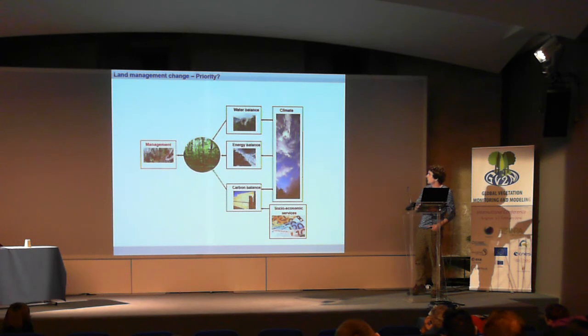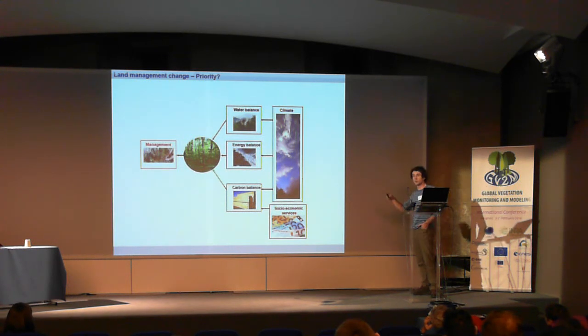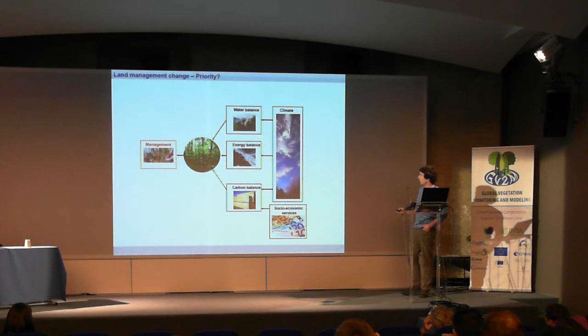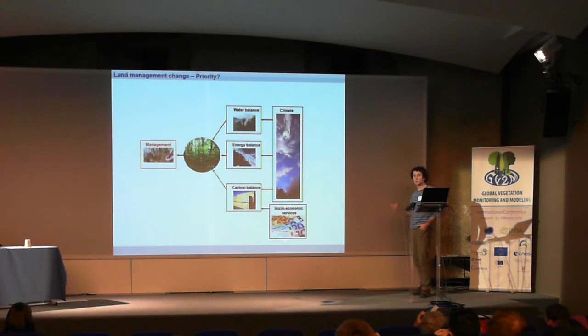So for the moment, there's not a lot of support for running the models in this direction. But we can invert the process, and think: we want to stabilize the climate, so what type of management do we need for this? Do we want short rotation coppice? Do we want to have it in the south of Europe, or in the east of the US? What will happen if we plant sugarcane in one region or forest in another region? So we can start thinking the other way around, and I think from that perspective, it is worth trying.